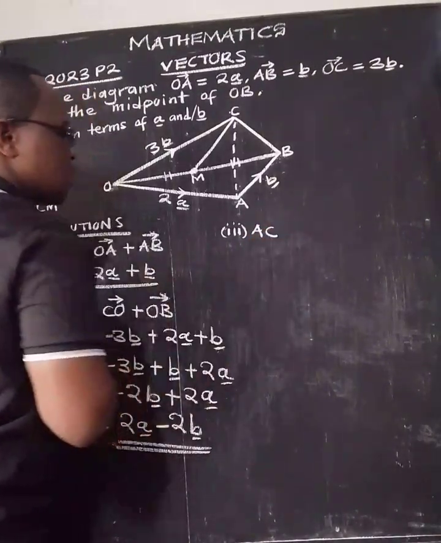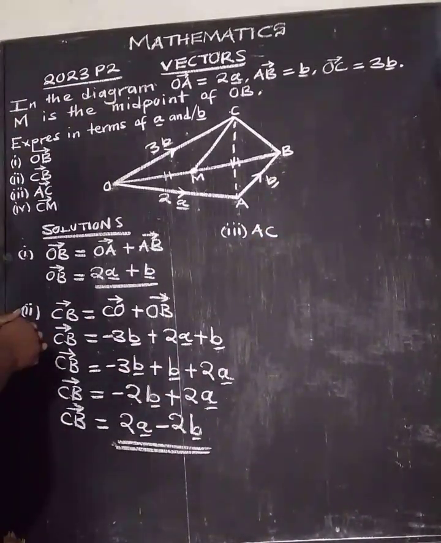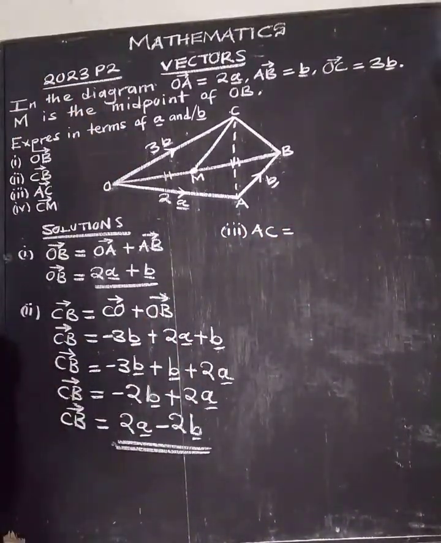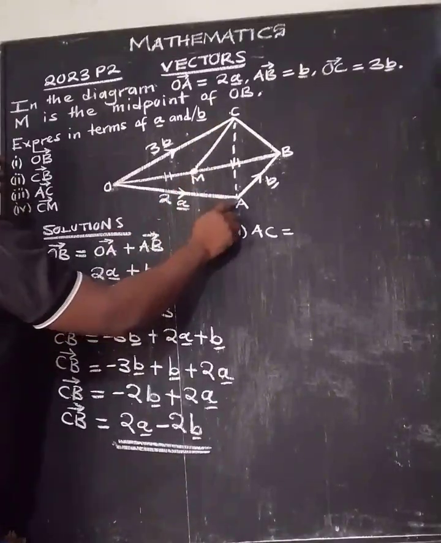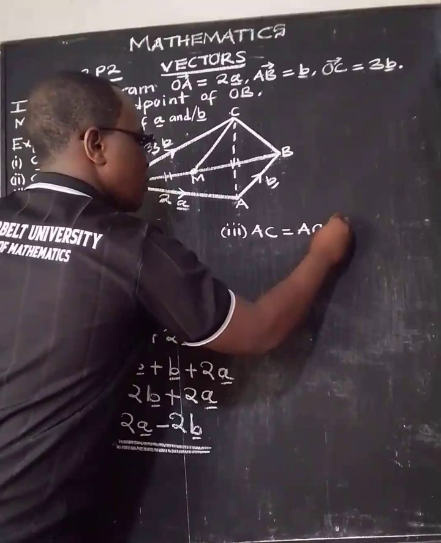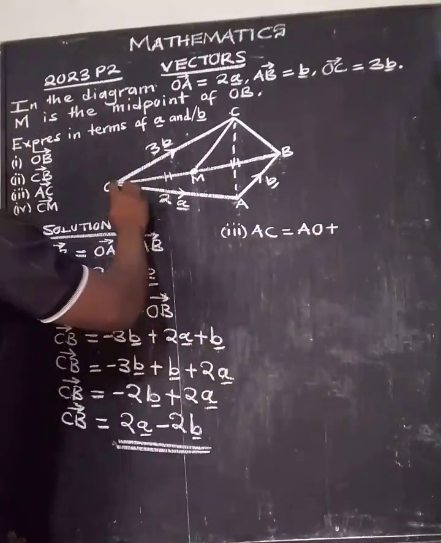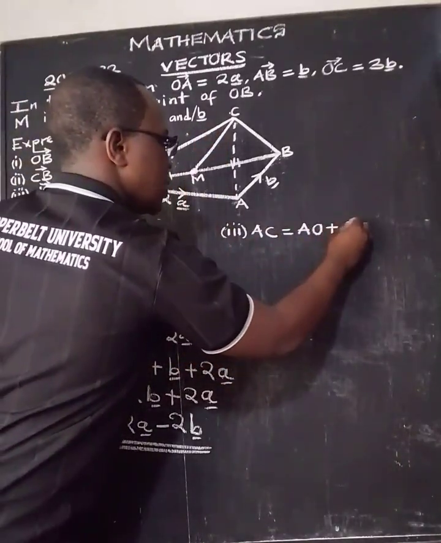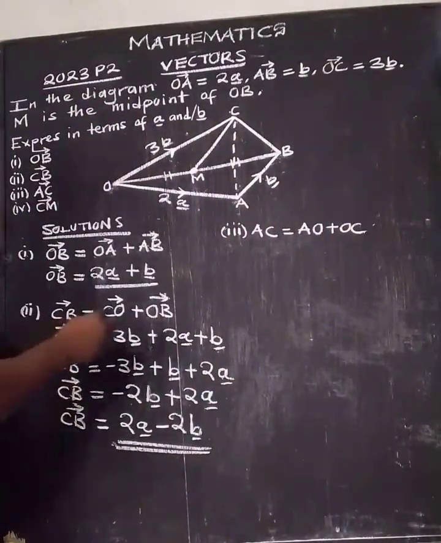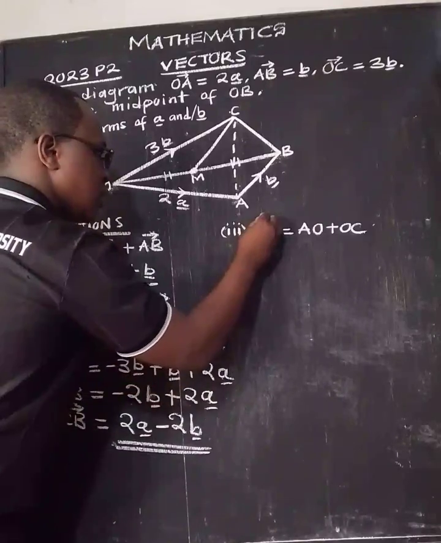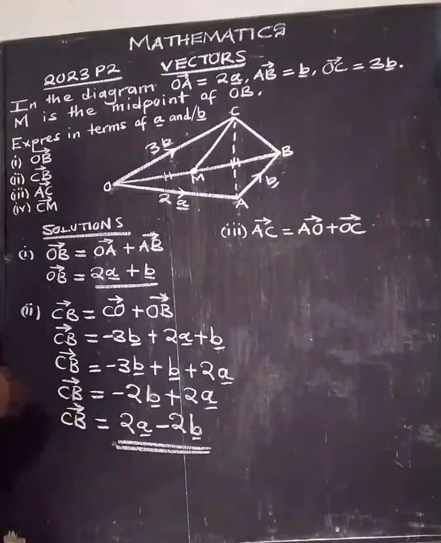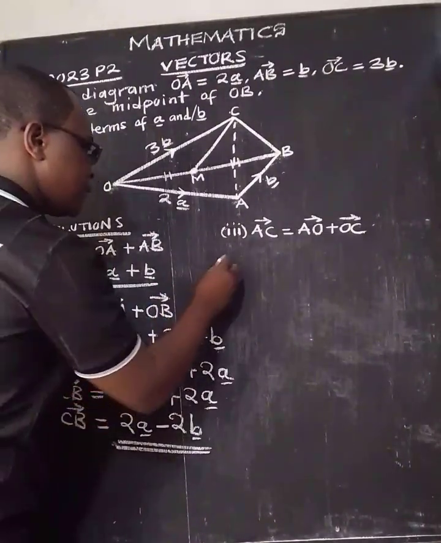AC. Okay, so how can you find AC? So we're saying AC is equal to AO plus OC. Okay, as simple as that. So we can now say, okay, this is what we want. Okay, so in this case we can move on and say